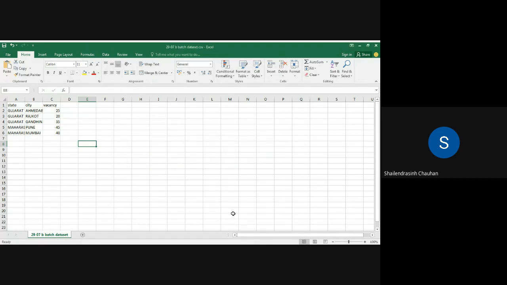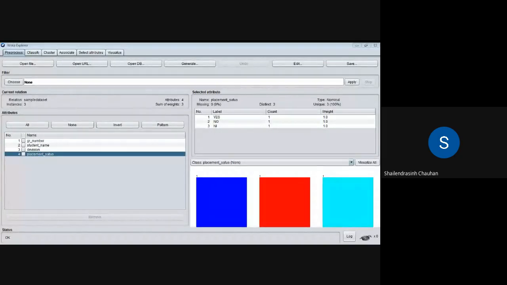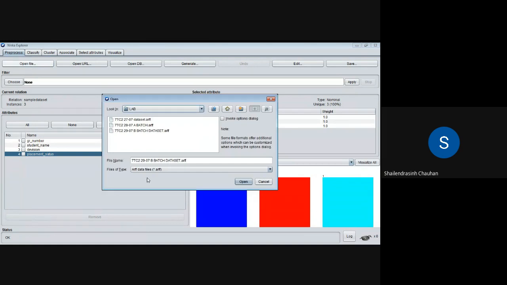Now let us try to open this with Weka. So open file. Currently it is showing only ARFF. Why? Because here we have file type ARFF.